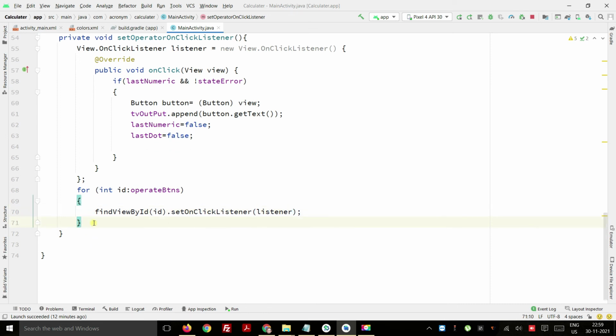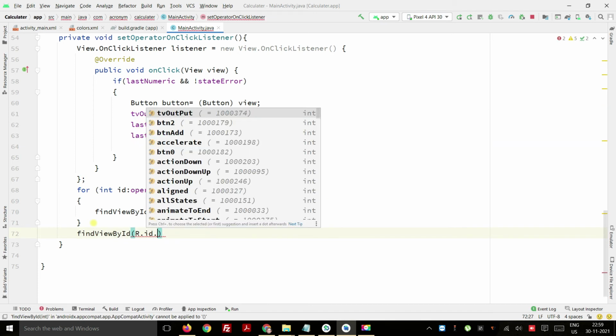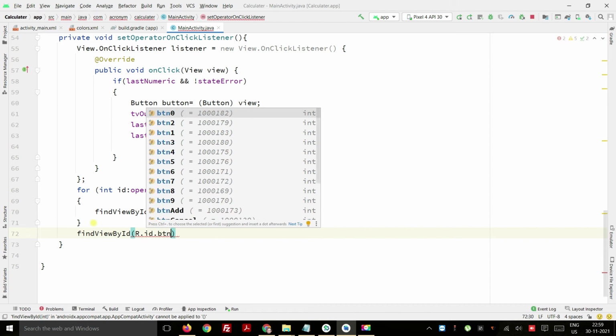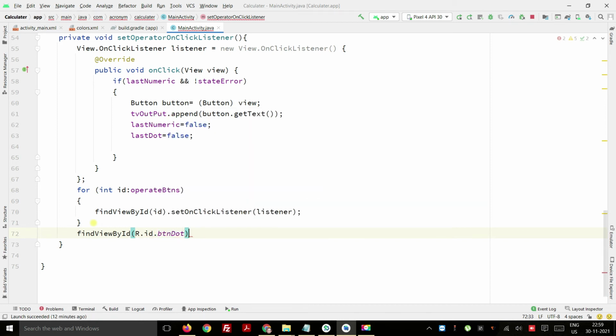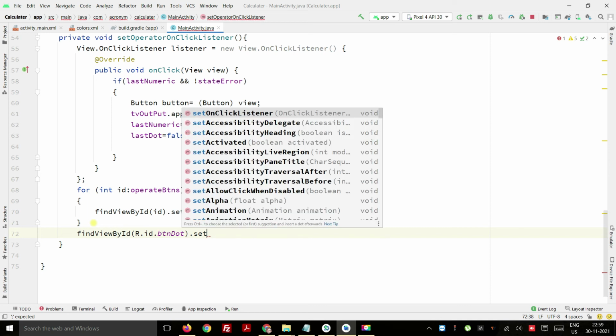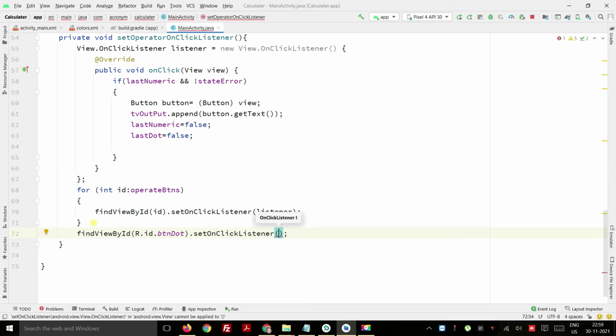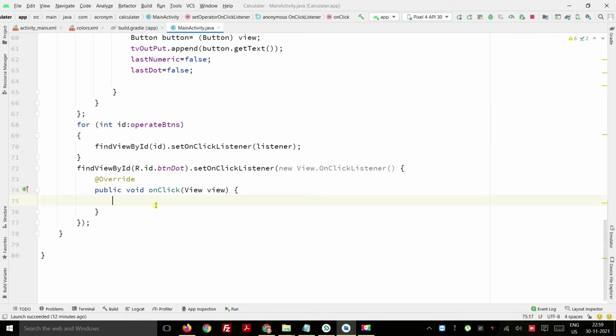After that we are going to check for the decimal points. So find view by id R dot id dot button dot, and we put the set on click listener. So if there is a dot button, then on click listener, when we press that dot button, new view on click listener, and then we have this button.